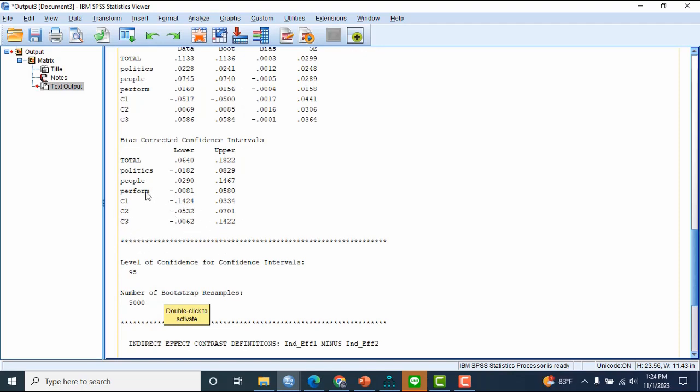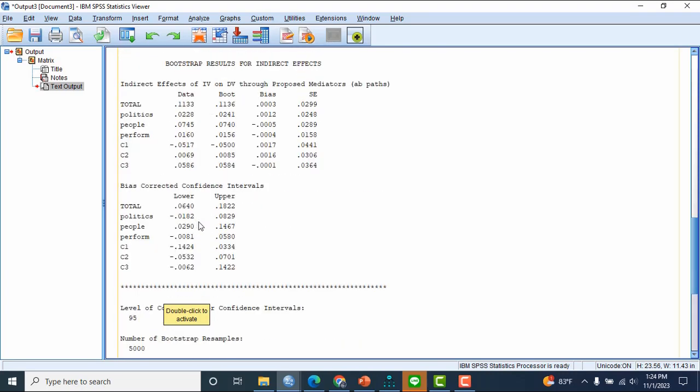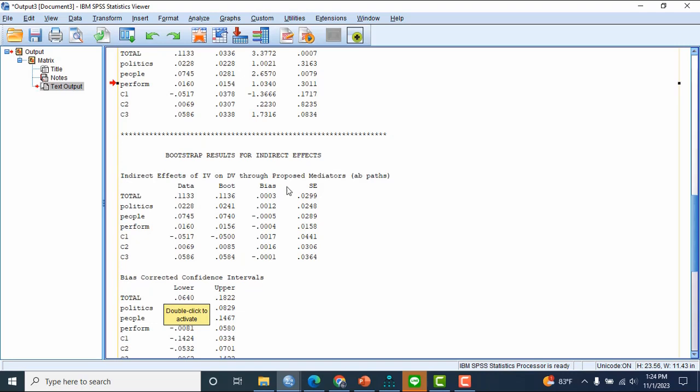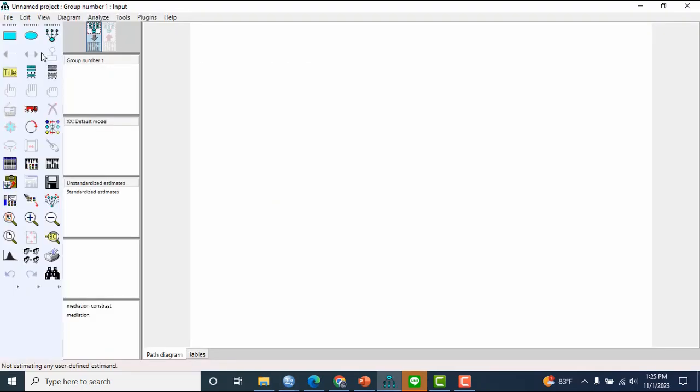No significant contrast between the indirect effects. But I think we do not need to do the contrasting, because from here we already know only people is significant. We can also do the mediation model analysis using AMOS.